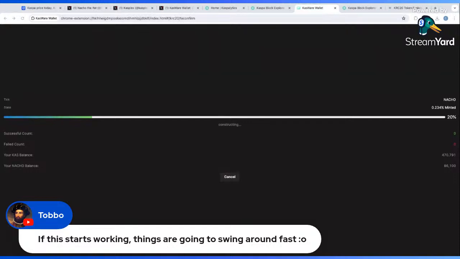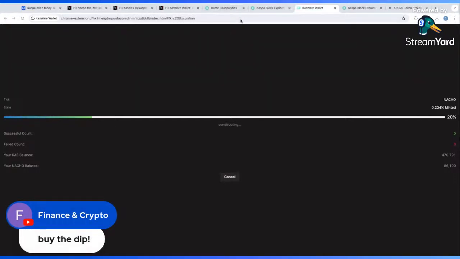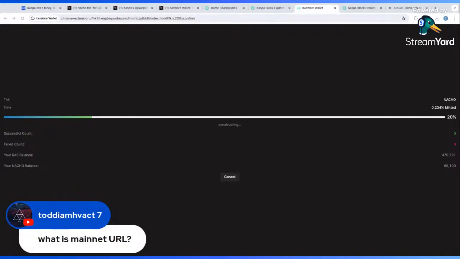If this starts working, things are going to swing around fast. Oh yeah, this will start working. Buy the dip. Yeah, man. I mean, for me, I figured if it went well, maybe the price went up to 22 cents. I figured if things didn't go well, you kind of figure that maybe there's going to be